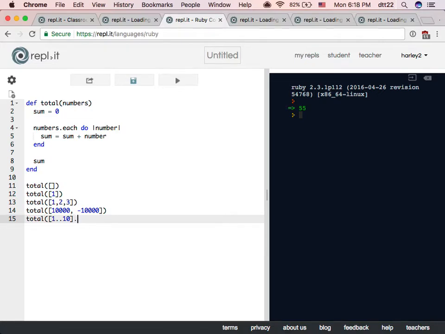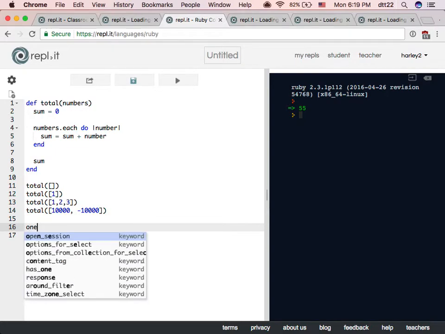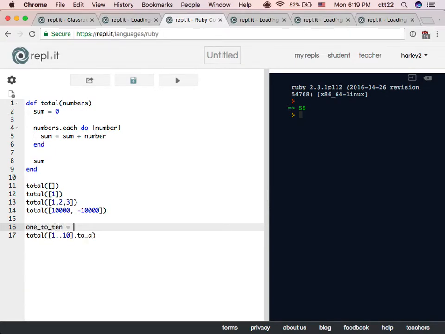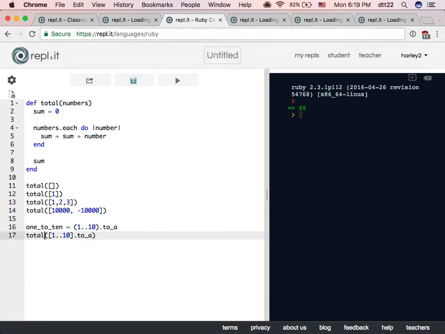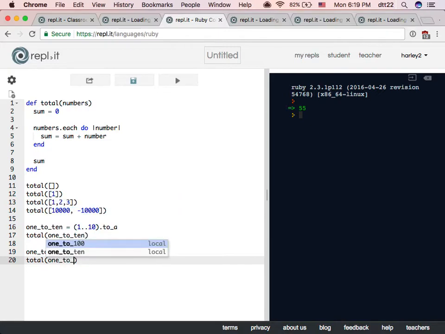But you want to say, let's convert this into an array. But this may be really difficult, right? So you can say numbers, maybe 1 to 10. And then you say 1 to 10, convert to an array. And then you say 1 to 10. This is easier to read, right? So what about 1 to 100? Then you can say 1 to 100. You can say the same thing. And total 1 to 100. Who knows the result?